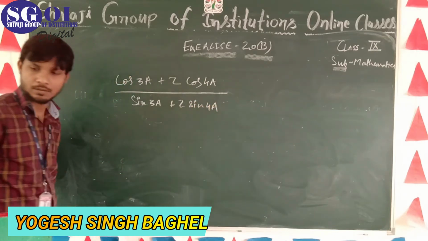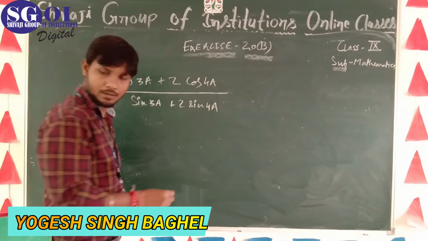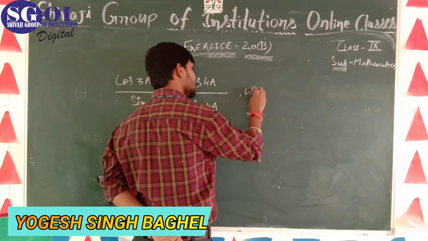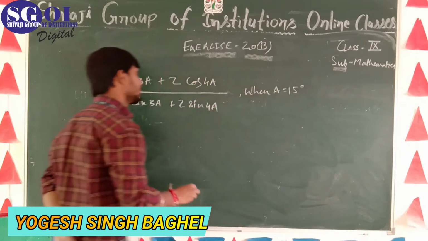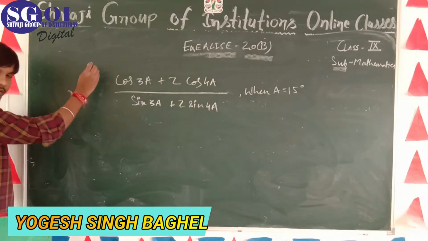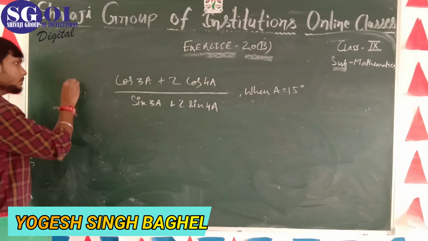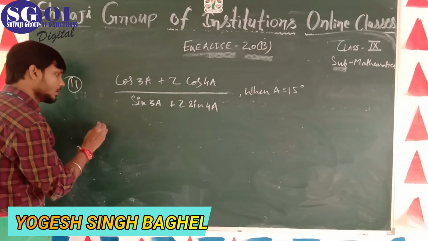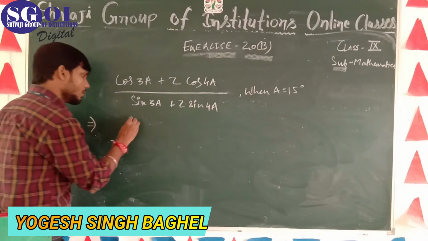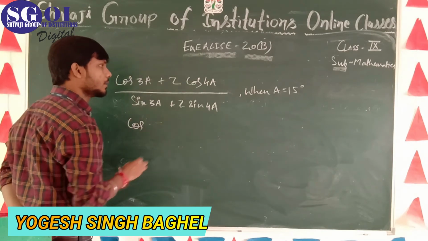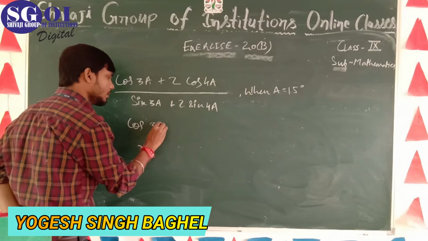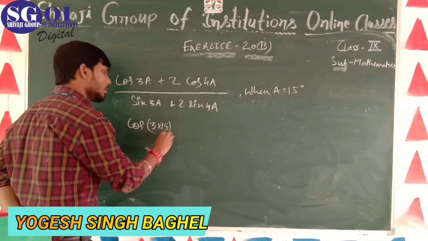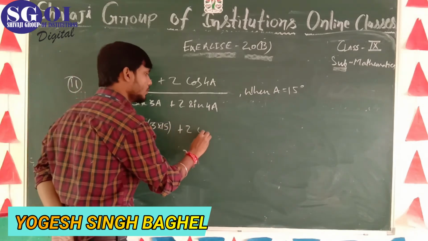Okay, when A is equal to 15 degree. So now we solve it. 11th number is cos 3A + 2 cos 4A